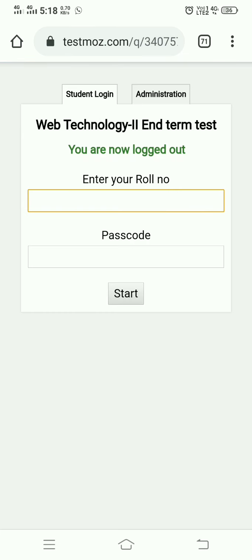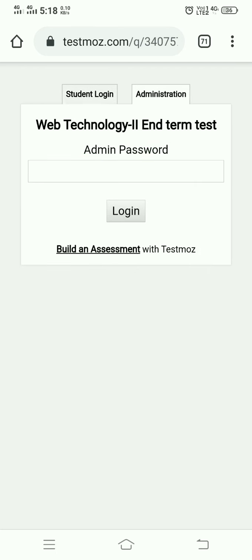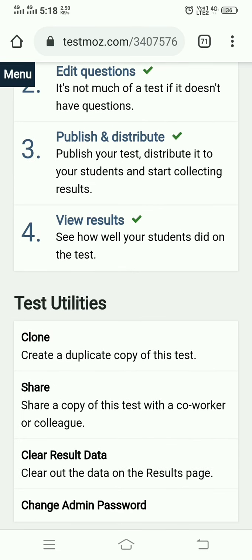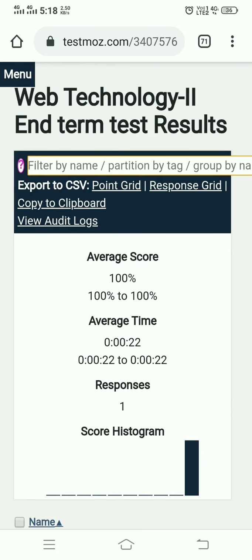So whenever any student attempts the particular test, the administrator has the entry inside the results. So just write the administrator password, click login, and just view the result.